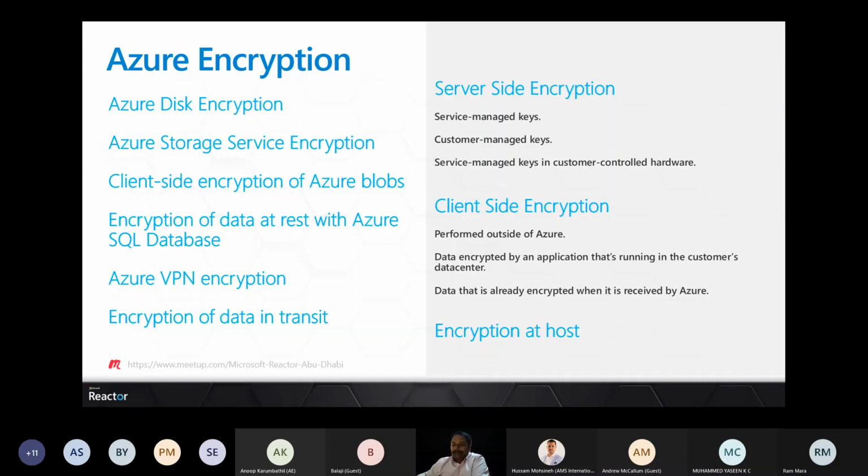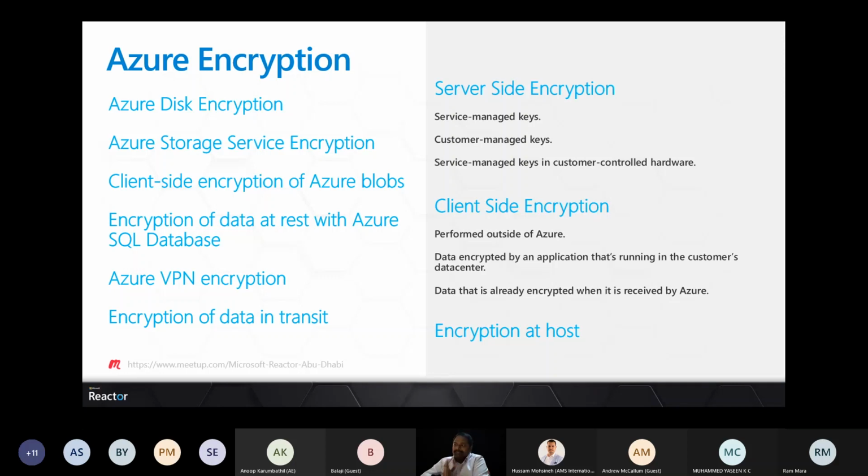And then, when you talk about encryption at host, it is nothing but the host where your virtual machine is hosted, in the Microsoft cloud. With that, we are trying to do the encryption. It is about the data flows from your virtual machine to the VM host and to the storage service. We are talking about Azure Compute and Azure Storage, where the storage service is provisioned for the virtual machine. So these data flows can also be encrypted using the method of encryption at host.